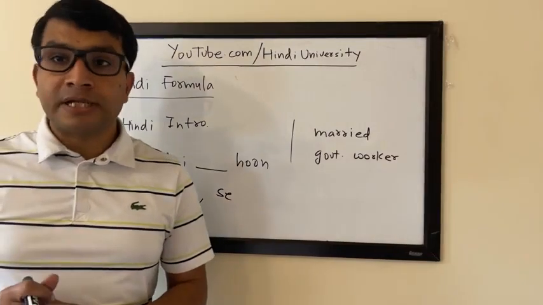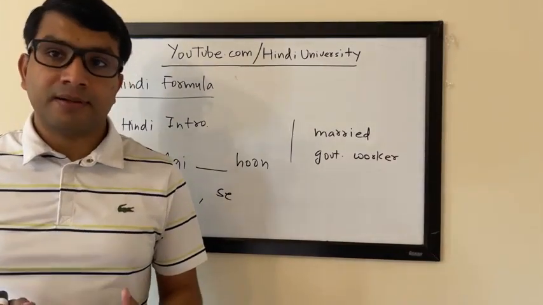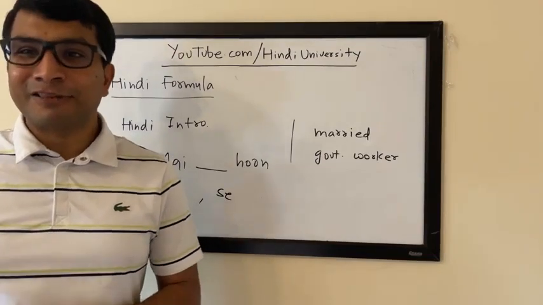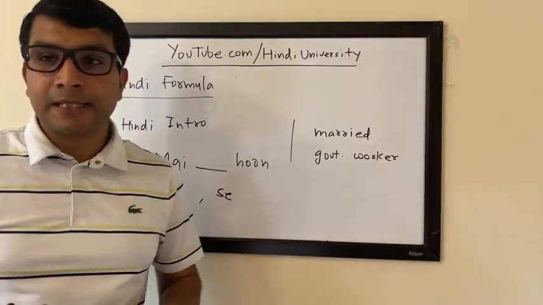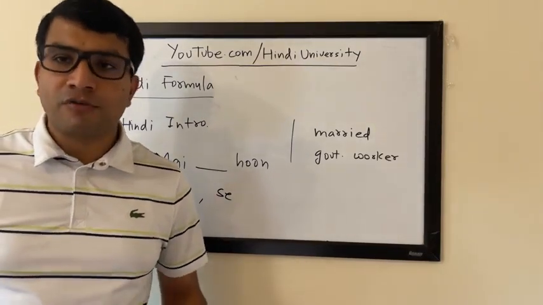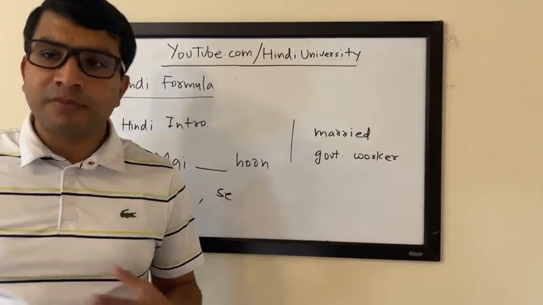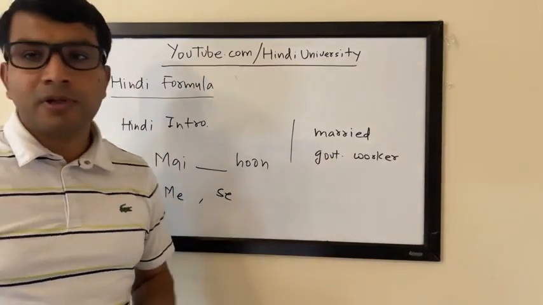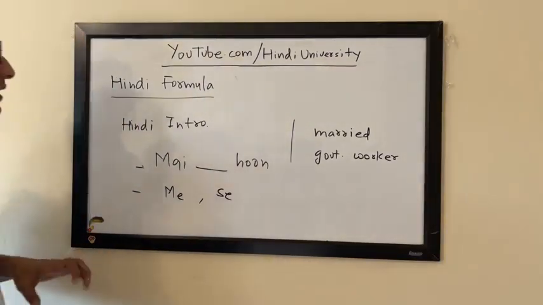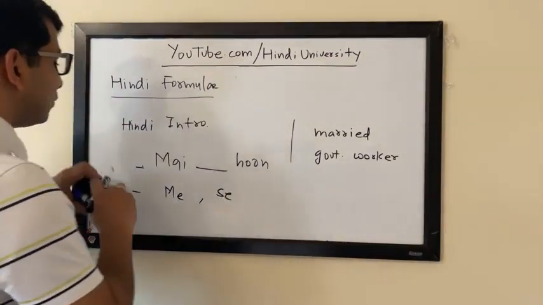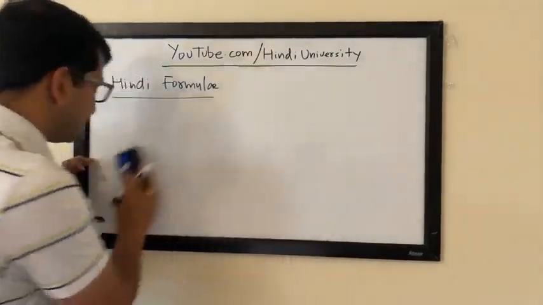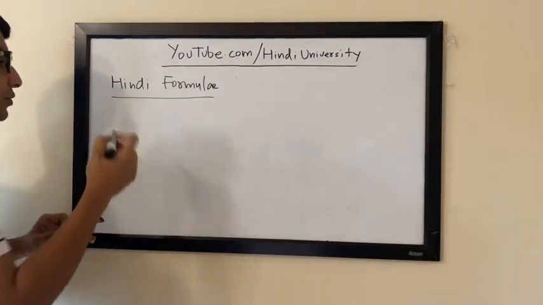Initially, it's all good that you can use some of the English words in there, because nobody's expecting you to know every single vocabulary word in Hindi. But what if you can still conduct the conversation and find out from the other person how to say this word in Hindi? So how do you do that? We do it using a Hindi formula. So what is the formula? I'm going to write it down here and then we will use it in the practice.